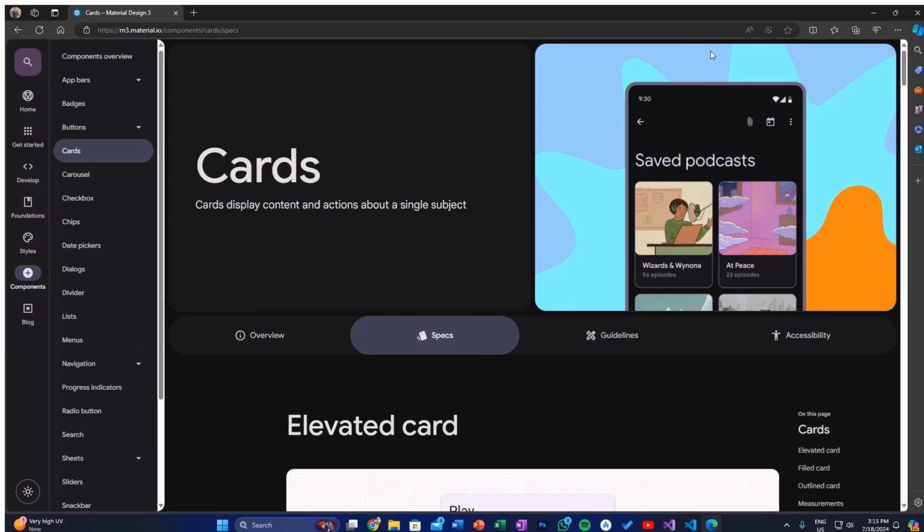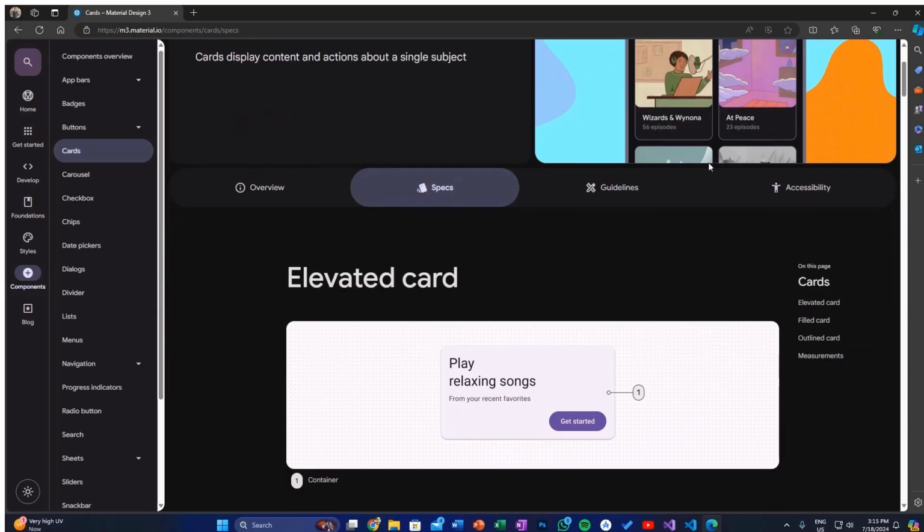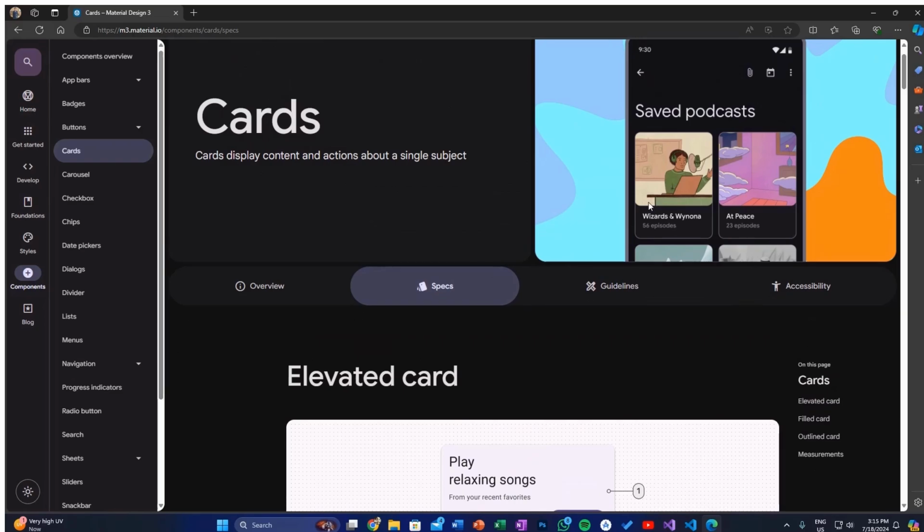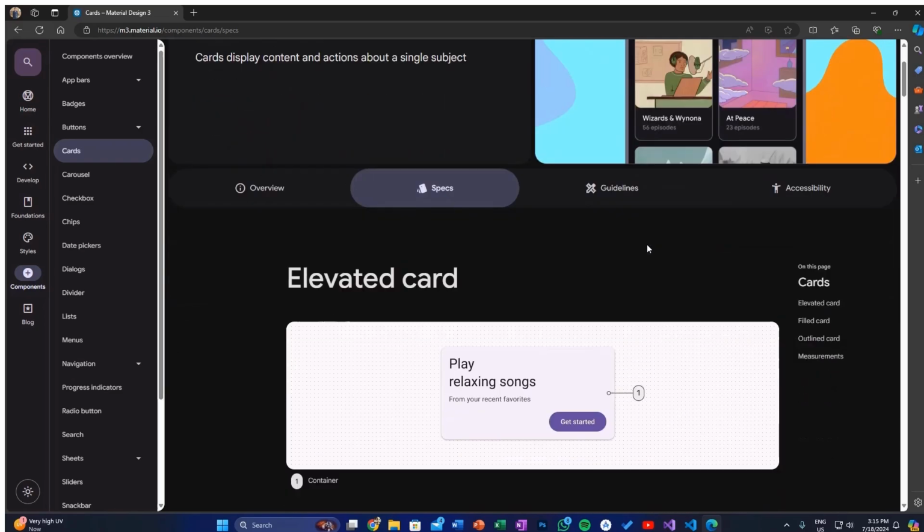So it's basically a UI element which is actually a container of all the other UI elements, for example, the image view, the text view, and the button. So it is a container, and you have different types of card views: elevated cards, filled cards, and outline cards. This is an elevated card, so you can see the shadow behind, which is used in most of